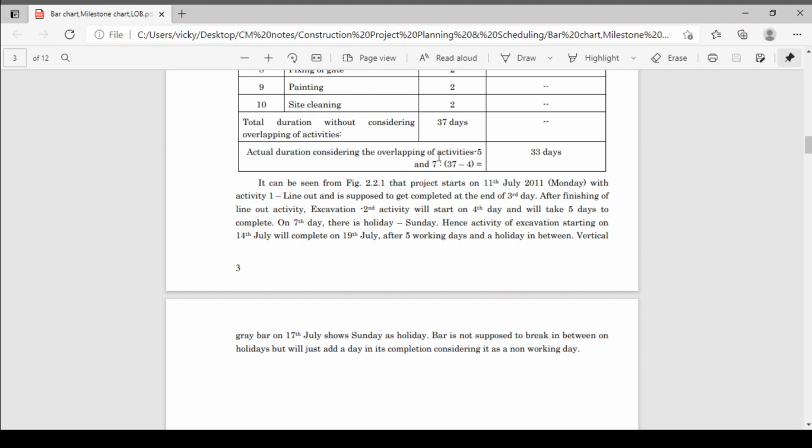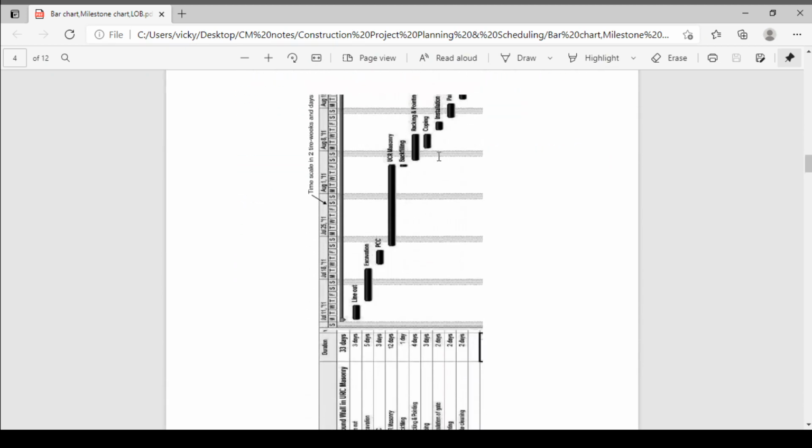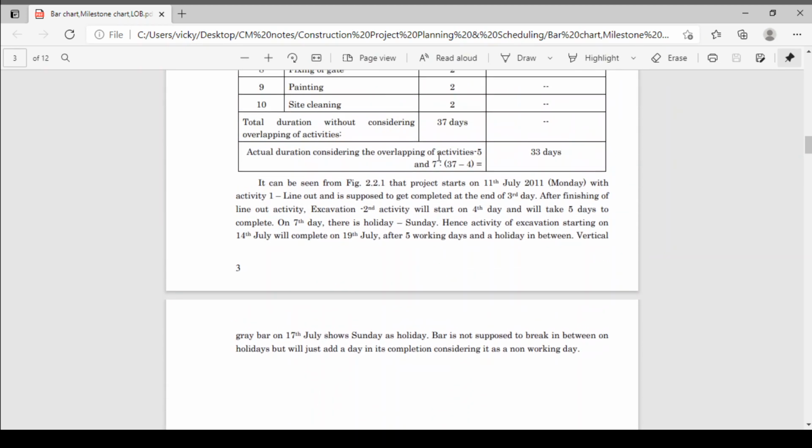Now, this is the bar chart. It can be seen from the figure that the project starts on 11th July 2011. That means your first activity, activity number 1, line out, starts on 11th July 2011 and is supposed to be completed at the end of 3 days.